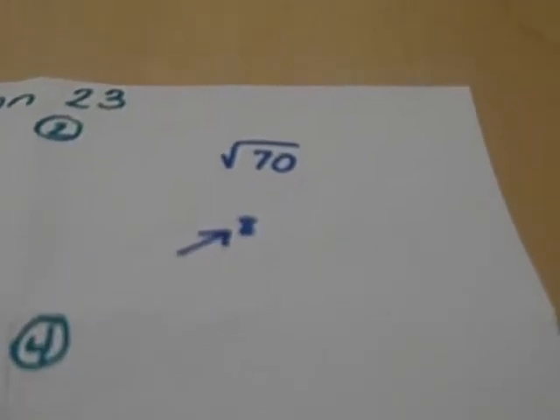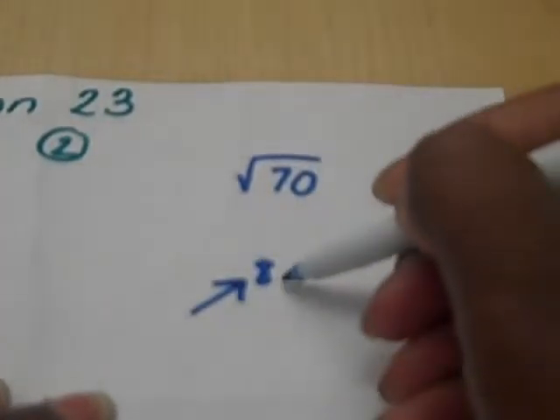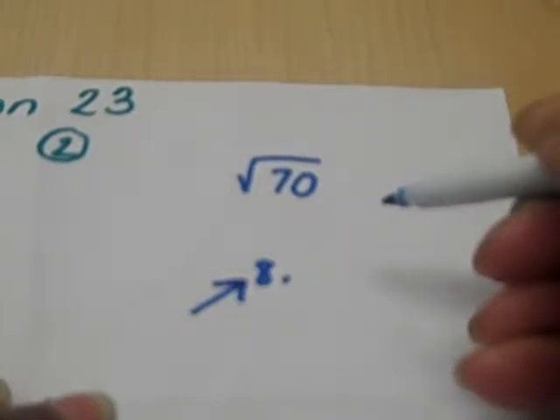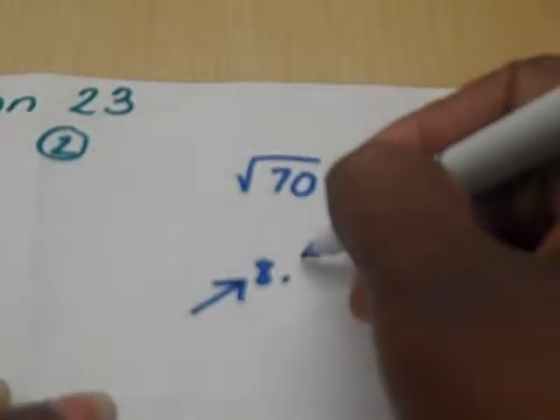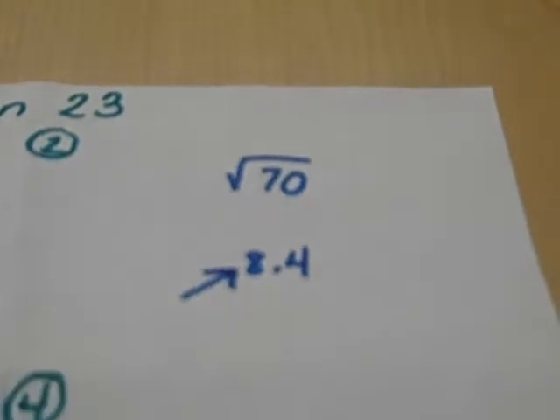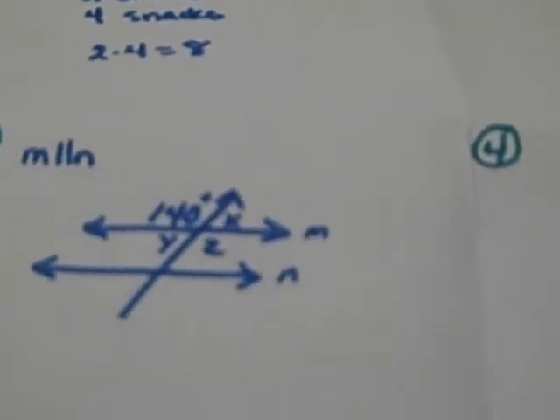Problem 2 asks you to approximate the square root of 70. When you enter this in your calculator, you will get a value of 8.366 and so on, but it asks you to approximate to the nearest tenth, so you would round that to 8.4. Okay. Number 3,